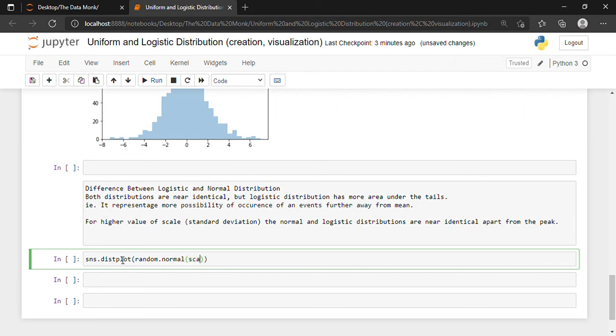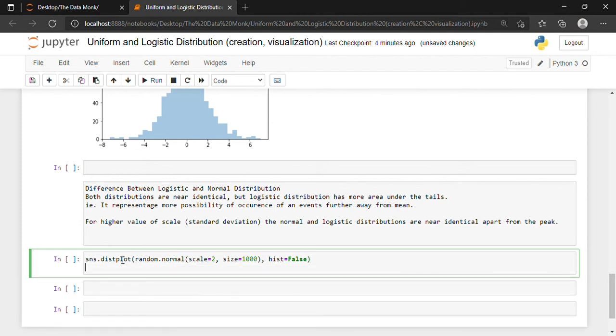Since we are writing about the normal distribution, we will have to write the scale and the size. So scale is equal to 2, size is equal to 1000. We do not want a histogram, so hist is equal to false.